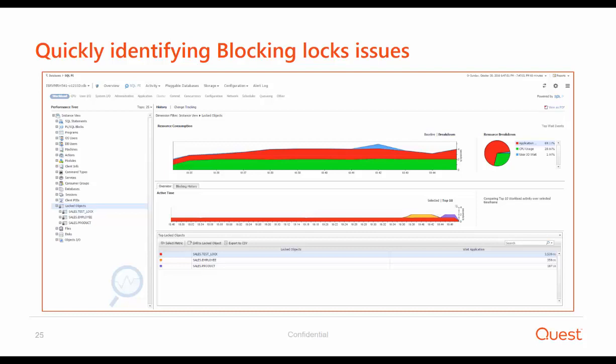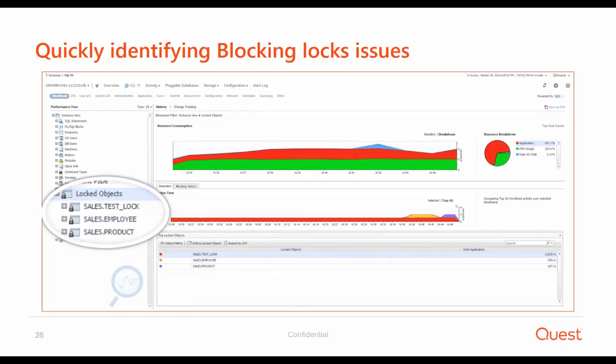It could be tables, indexes, partitions. There might be some sessions which are waiting for locks. So using Foglight Performance Investigator, you can very easily understand what is happening from that perspective. We have the locked objects dimension that shows you all the objects which wait for locks. In this case, we can see the tables test lock, employee, and product.